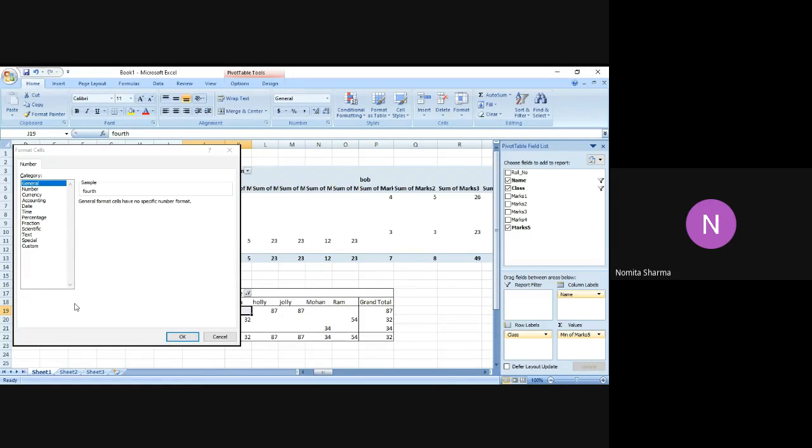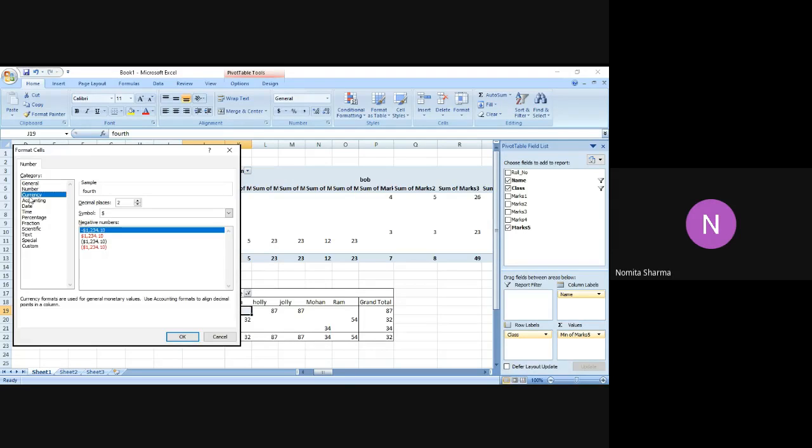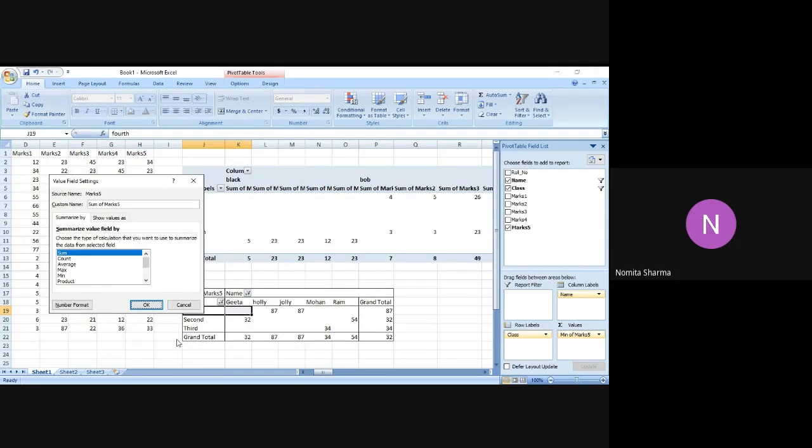Sometimes you have, say, the amount, and you may want to change the currency. So you have the option of using the symbol. You can also set the decimal places here, right? But since they are marks, it won't make any change over here. But if I make a new table with the marks and with the amount, then it will change.